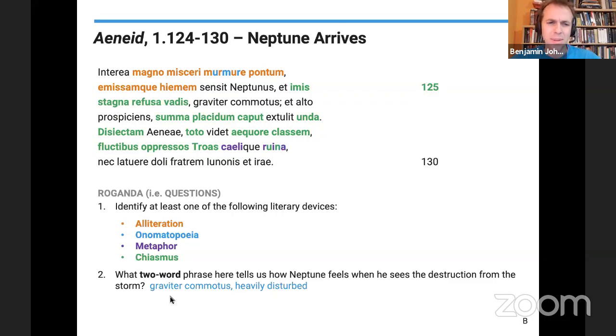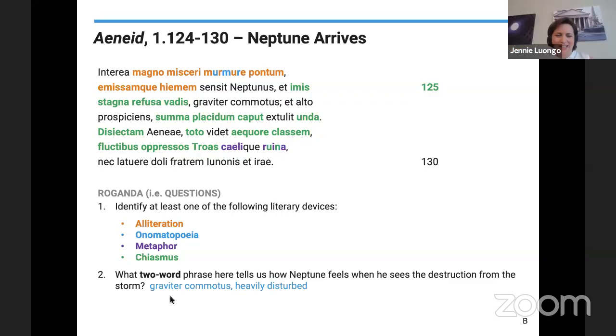He looks out over the deep and he raises his head from the top of the wave. This again is a great chiasmus that has his calm head in the middle and the water on the outside. So it's very visually pleasing. He also sees the scattered fleet of Aeneas, the fleet scattered all over the sea. I guess that could be a hyperbaton with disiectam, really scattered and far away from the classem that it modifies. And then another chiasmus. Wow, four chiasmuses. Yeah, this part is chiasmata.